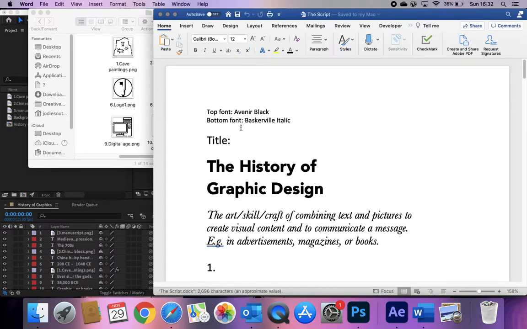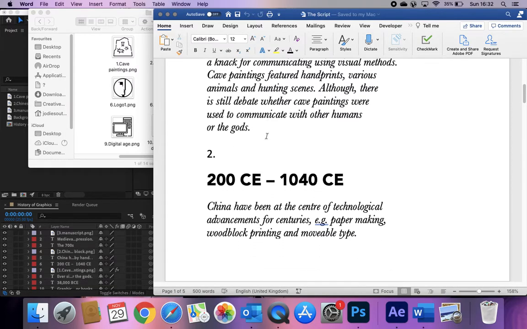Now, obviously, before you start animating, you really want to storyboard it out. So you want to figure out what you've got, you want to plan the process. What do you want to talk about? What do you want to be on there? Are you going to put text on there, or are you going to talk over it? If you're going to do a voiceover, you can get away with less text. Obviously, for this, we're not going to do a voiceover, so I've used a lot more text than I would